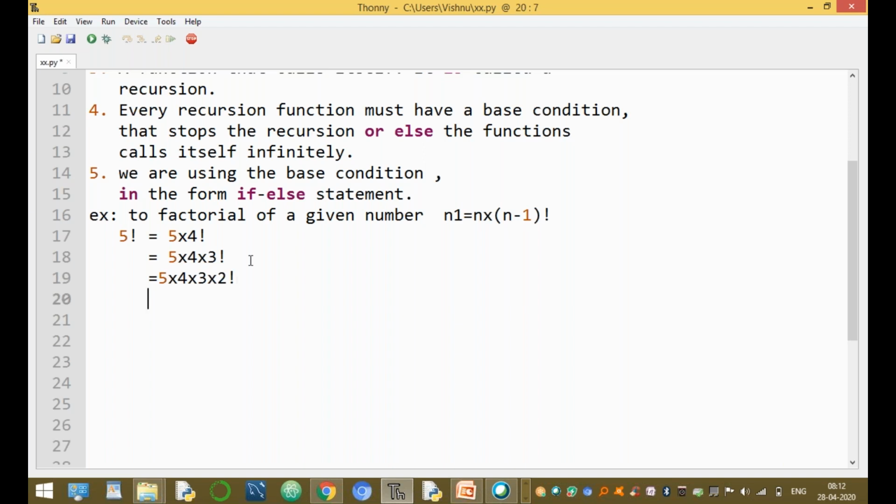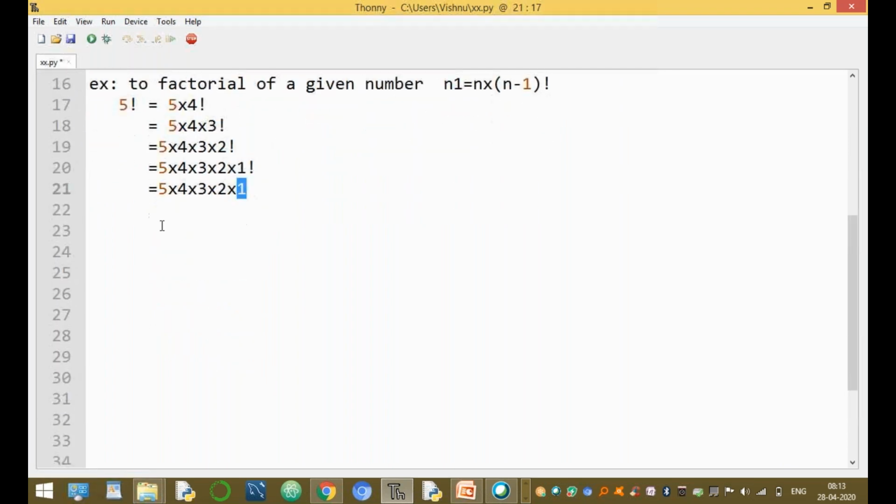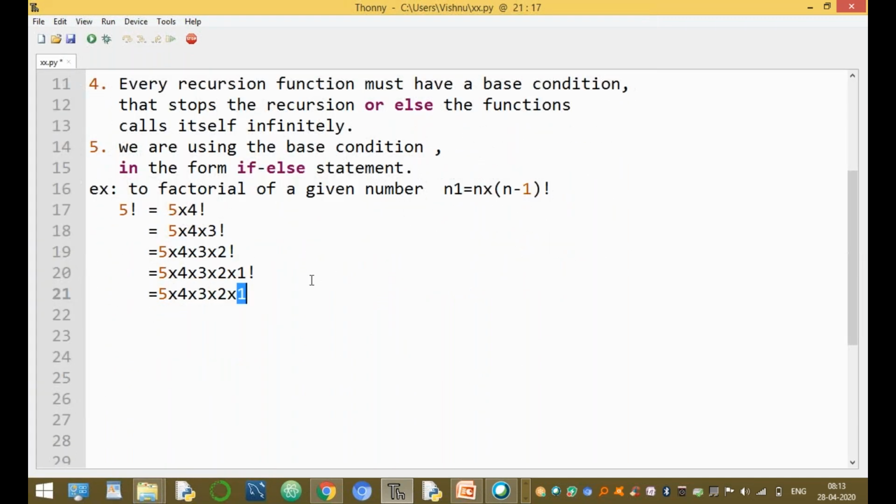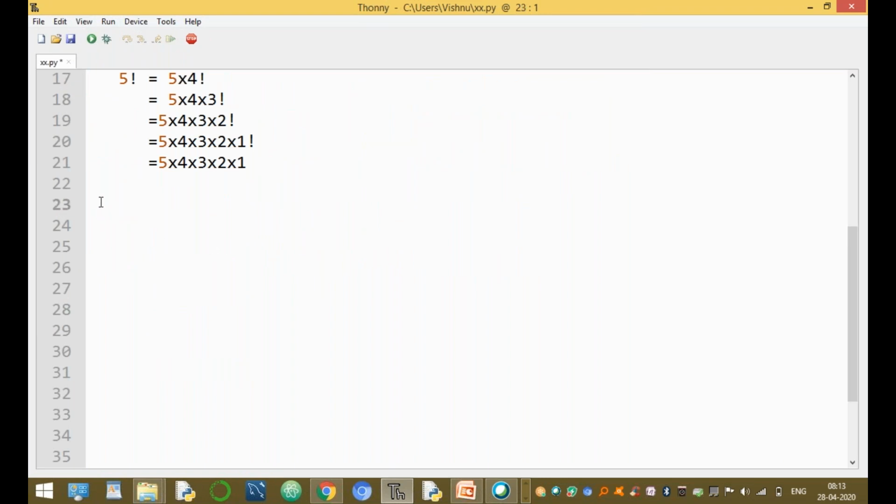Again, 5 into 4 into 3 into 2 into 1 factorial, and here, to stop the recursion, 1 factorial is not calling another time. Now the n factorial value equals 1. A function calling itself is called recursion. JavaScript 100% supports recursive functions.